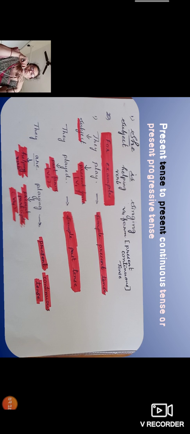And how do we change the same sentence into present continuous tense? They are playing. Can you guess, children, why I have used the helping verb are here? Yes, because they is plural, so I have taken the helping verb are. They is playing is wrong, am I right? So, they are playing. Here we take the help of the helping verb are and the ing form, or V4 form.